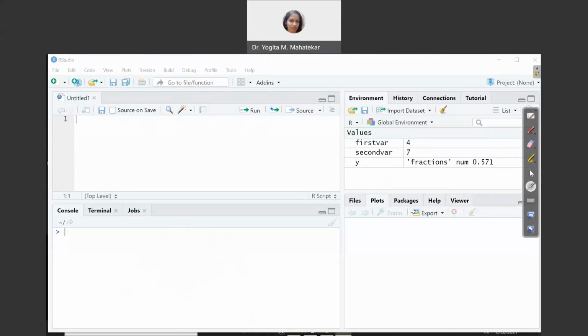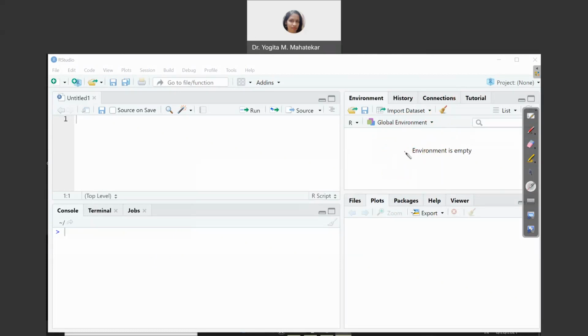Let me click on this broom icon here to clear everything on the workspace. The third window, which is the right top corner window, is called the workspace.